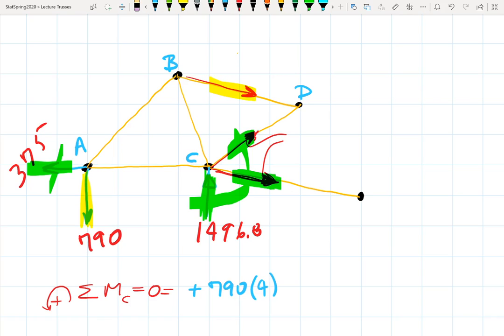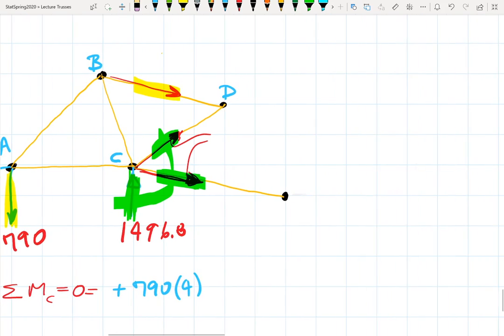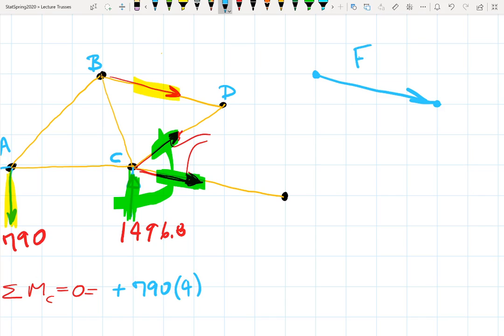So if I were to break this apart, I'll just draw it over here to the right. It goes over 1, 2, 3, 4. So if I put a point here, which is B, I would draw a vector that would be F, B, D, but the component that goes down,